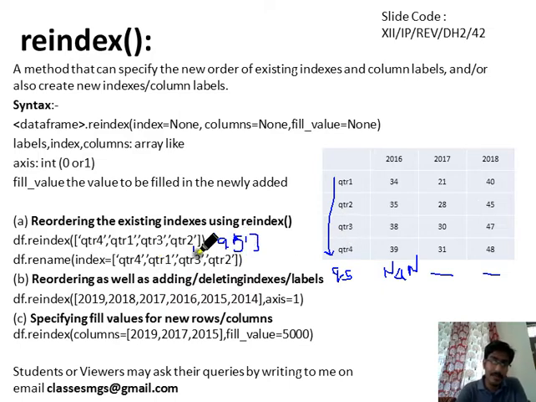Okay, so this is how reindex helps in adding a new row. And if you want to delete some row from the data frame, you can also use this reindex function. Let's suppose while reindexing you have removed QTR2 from this list.